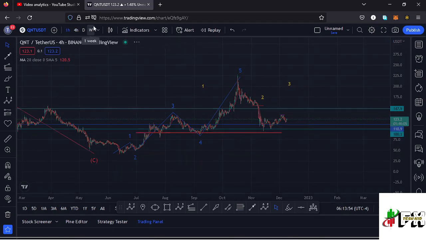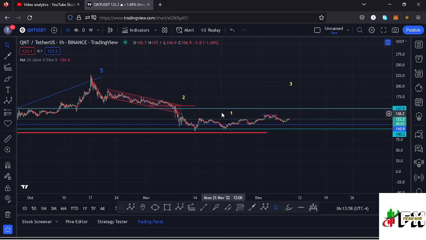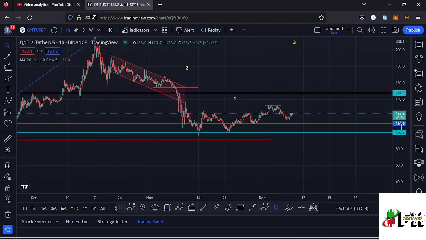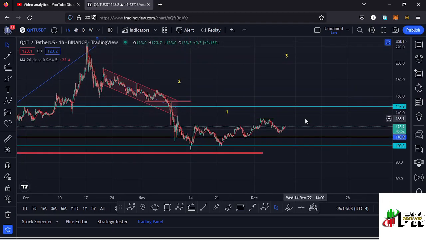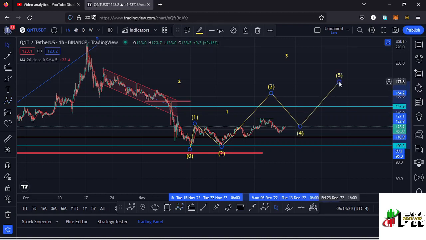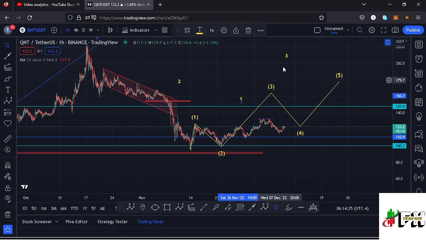Jumping to the 1-hour chart for further analysis, here you can see after making our low in the formation of that second wave at around the $94.4 mark, we have been seeing a very nice bounce to the upper side in a movement that has been obeying the Elliott wave structures. If I have my Elliott wave structure, we can have that as the first wave to the upper side, then we have seen the formation of a wave 2, then I believe we're in the formation of that wave 3 before we expect a wave 4, and then continue pushing even higher in the formation of that wave 5 to complete a higher Elliott wave count 1, which is a fractal wave within that higher Elliott wave count 3